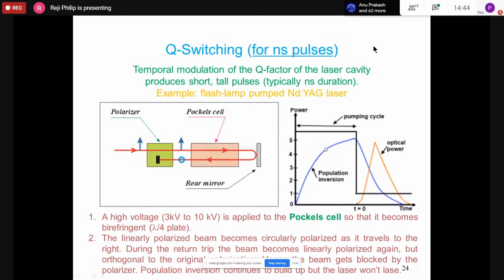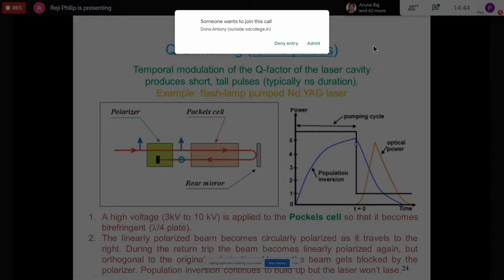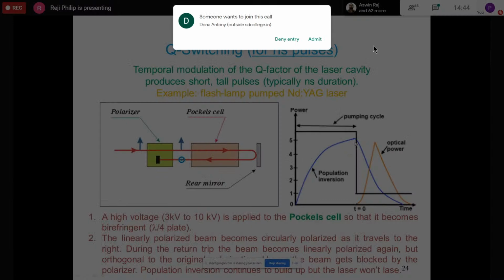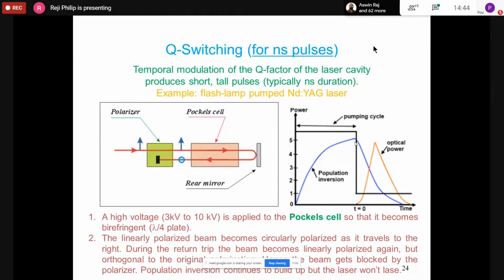It keeps on building up, but you keep the Pockels cell switched on. Because the Pockels cell is switched on, it doesn't allow the laser action to take place. So because laser action does not take place, the population inversion keeps growing. However, at one particular point where the population inversion is almost saturated, because you know there is no point in pumping any further,